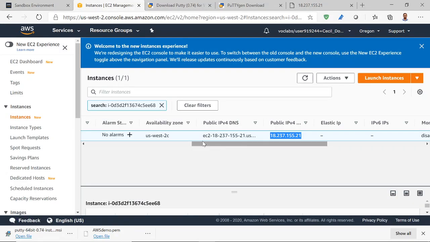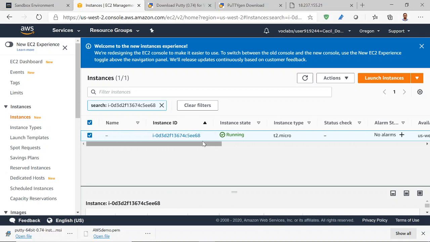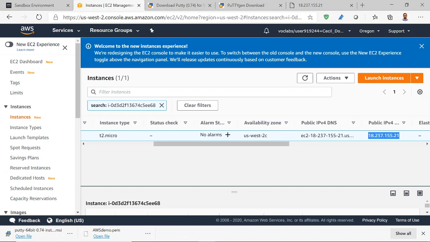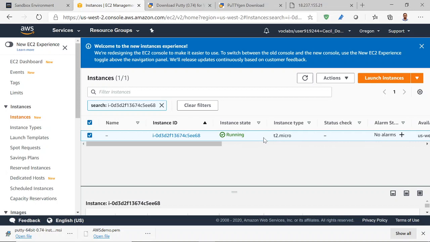So this is all about how to create an instance using your AWS management console. In the cloud, even though I'm using the free service, you should not forget to stop your instance or terminate your instance. Otherwise, billing will happen on your particular service.